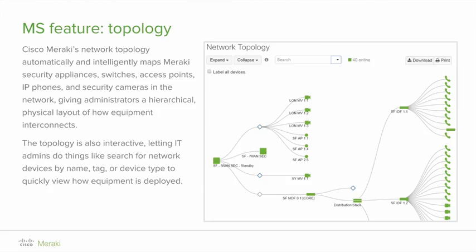MS feature: topology. Network topology automatically maps network architecture, showing how Meraki security, switching, phone, cameras, and wireless devices are connected, including redundant links disabled by the spanning tree protocol to prevent data loops. In the topology view, squares represent MX security appliances, rectangles represent MS switches, and circles represent MR access points. Non-Meraki equipment is also detected and displayed